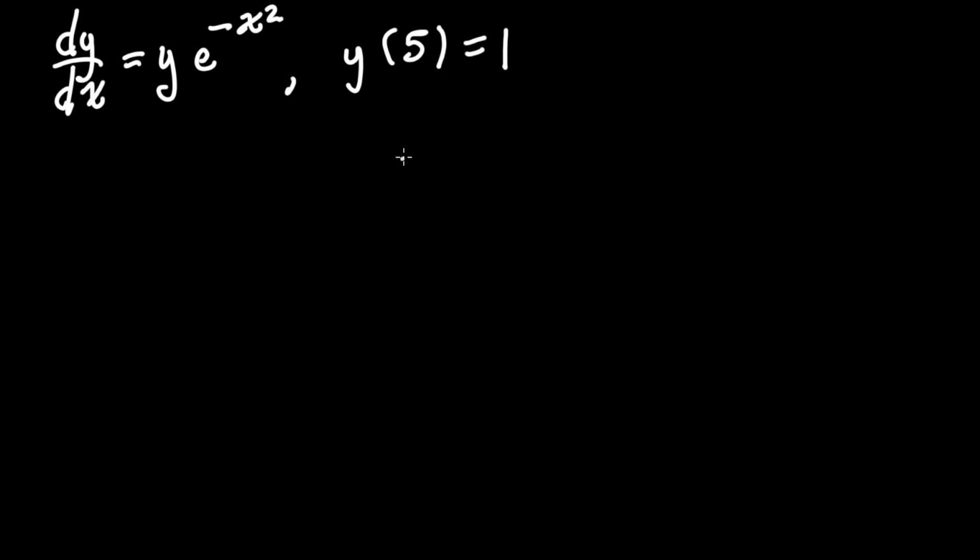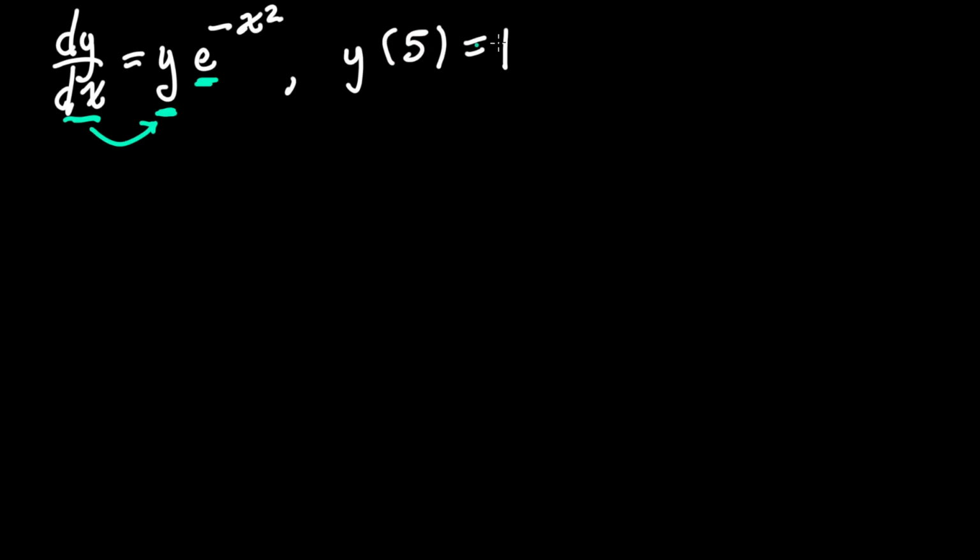Okay? And so let's say the question says to find an explicit solution for this initial value problem. So what that's really saying is that we have a differential equation on this side. And remember, a differential equation is when we have an unknown function like y, where we don't know what it is, a known function like this e to the power of negative x squared, and the derivative of that unknown function. And then in addition to that, we also have our initial value problem over here, which gives us the